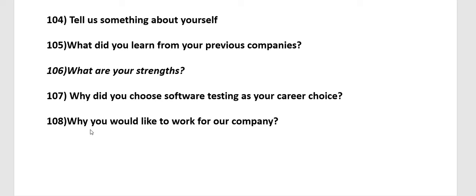Then, why would you like to work for our company? Before you go for an interview, make sure you do research about the company, and then you can frame your answer accordingly. If you're going for an interview at a small company, you can say, as the company is growing, I would like to grow. Or if you are going for a company in the healthcare industry, you can say a couple of positive points, and one of the points is that the healthcare industry is helping people to be